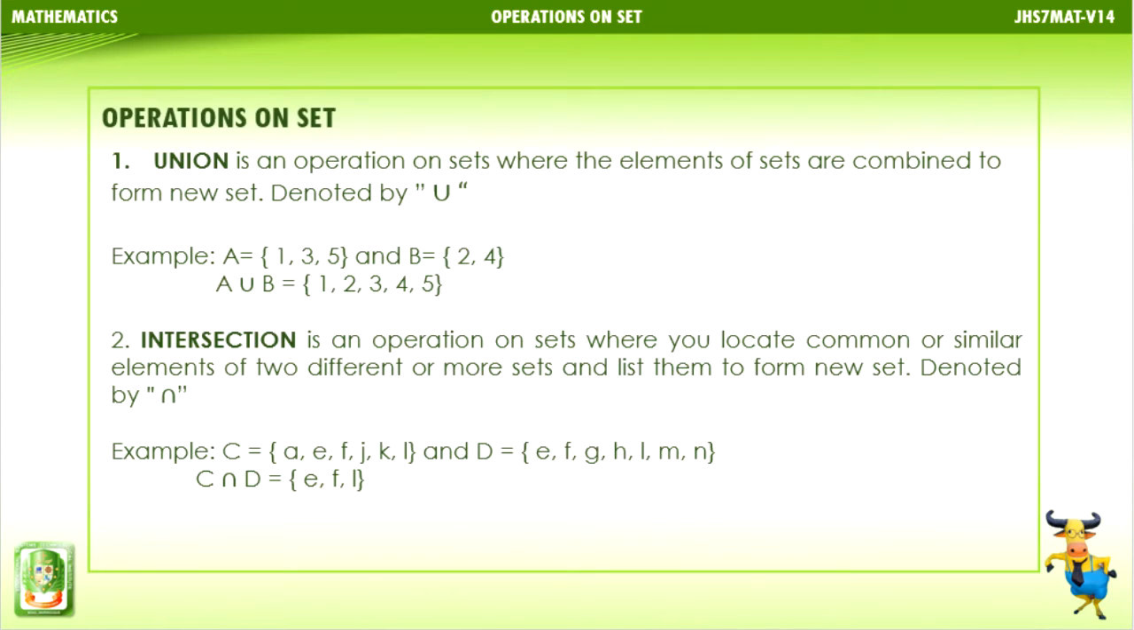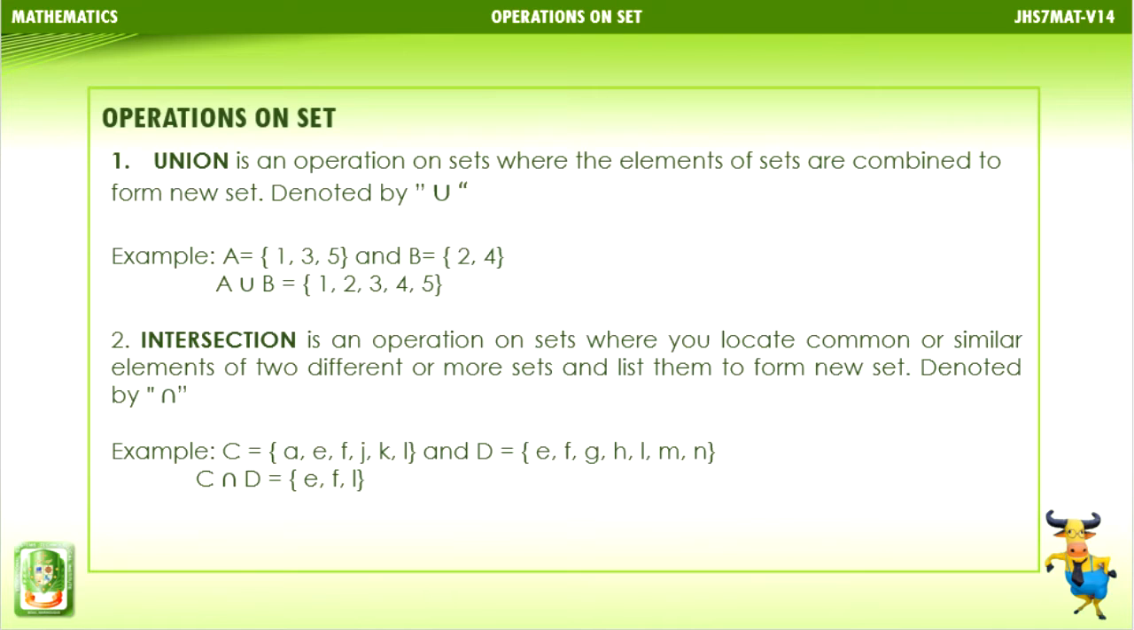Union is our first operation on sets. It is an operation where the elements of two or more sets are combined to form a new set, denoted by the symbol which looks like U. For example, we have set A having elements of 1, 3, and 5 while set B has elements of 2 and 4. If we will use union on set A and set B, we will combine the elements of set A and set B. Therefore, we have A union B is a set having elements of 1, 2, 3, 4,